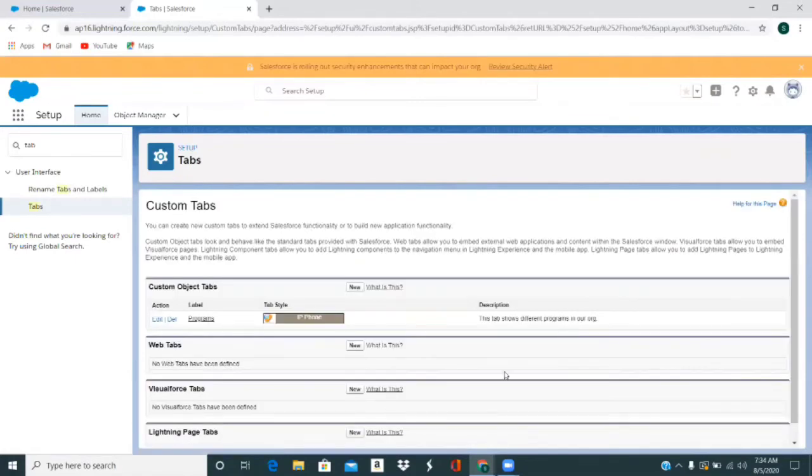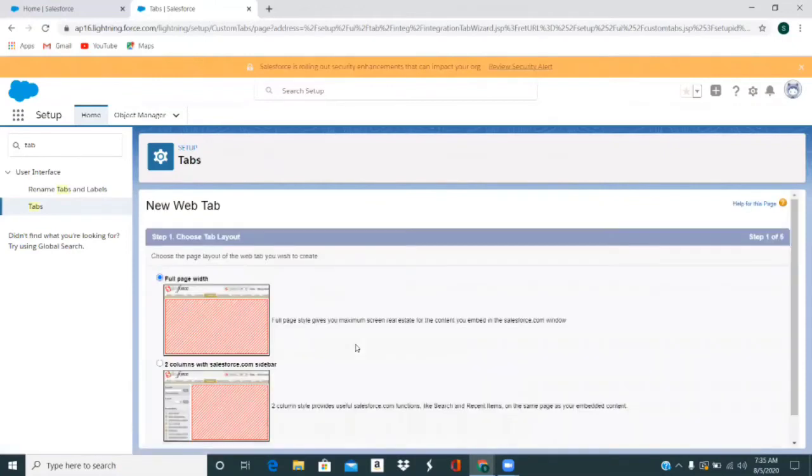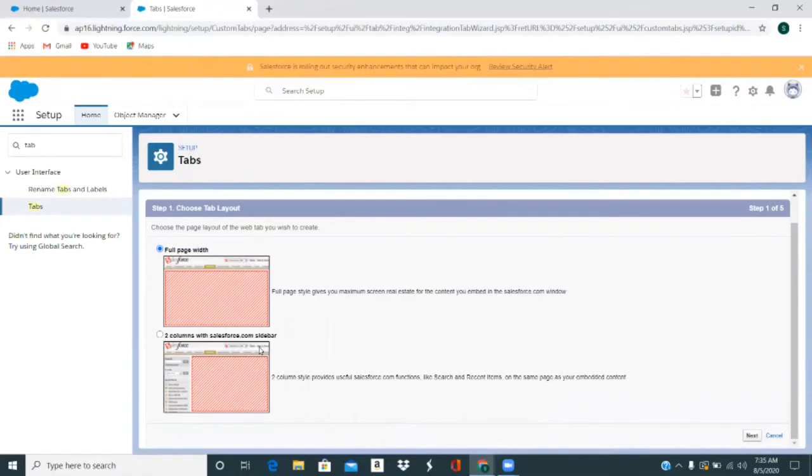And as we discussed in the last video, there are other kinds of tabs also, like the web tabs where you can include a web page. So suppose you click on new. Here you can select what kind of web page you wish to create. You can choose the page layout from here. You can just select next.